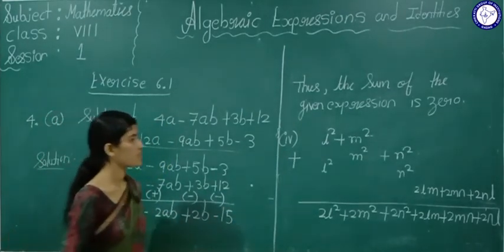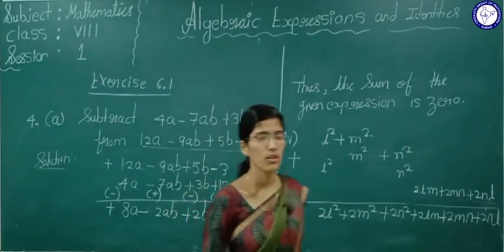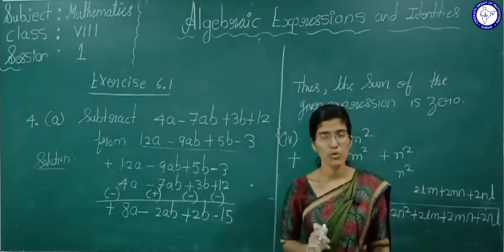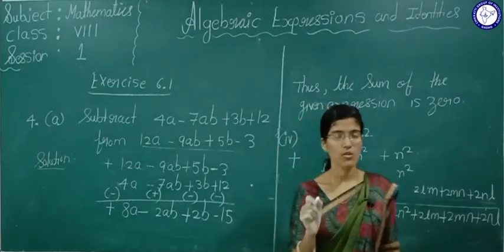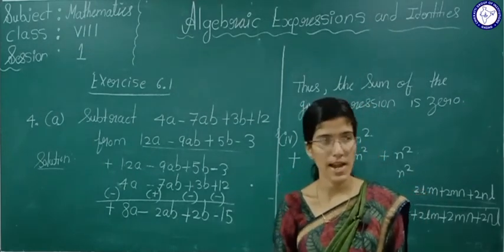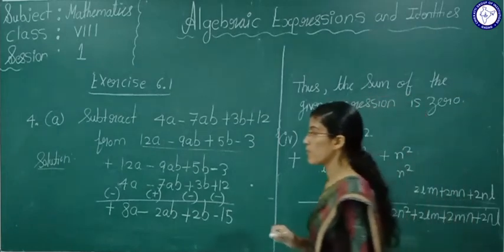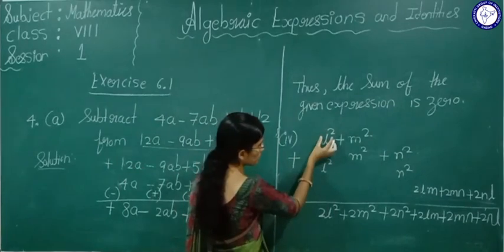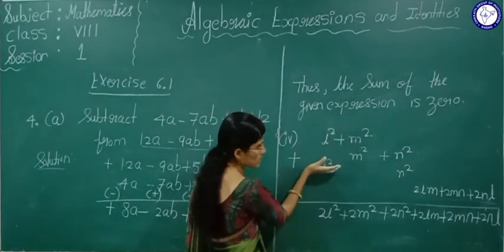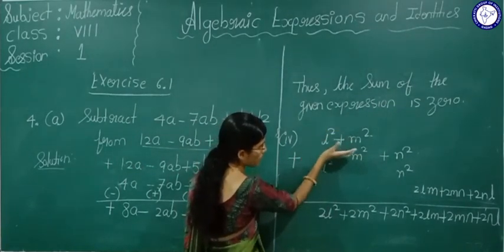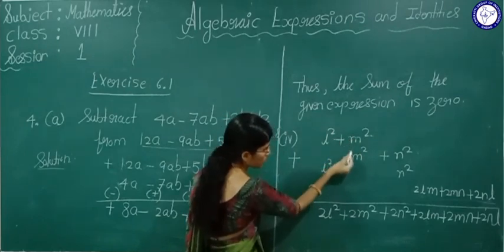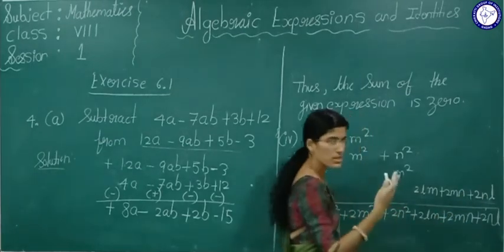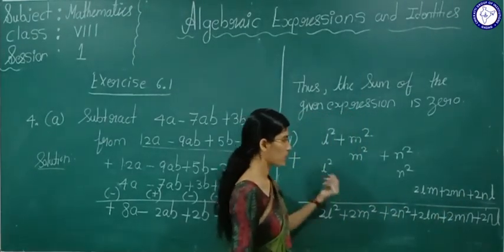So this is about the exercise. Now the remaining problems to solve this. This is very important. Once more I am telling, in addition of algebraic expression, we are performing the operations only for the like terms here. What we are doing, we are writing the expression one below the other. How? The like term should be in one column only. So whichever the terms are not same, you keep at separate, okay, and then calculate it.